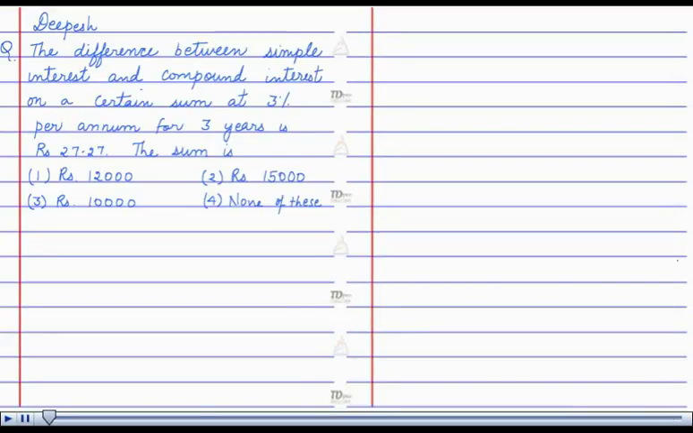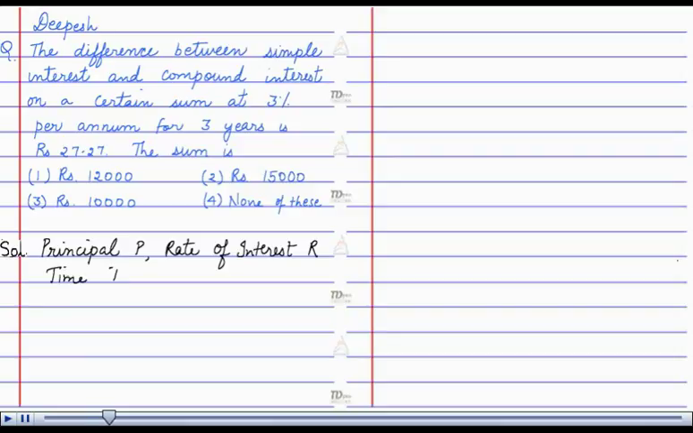The question is, the difference between simple interest and compound interest on a certain sum at 3% per annum for 3 years is rupees 27.27. The sum is. The basic concept behind this question is that for a certain principal P at a particular rate of interest R and for a time T,